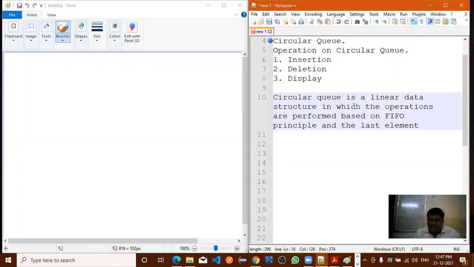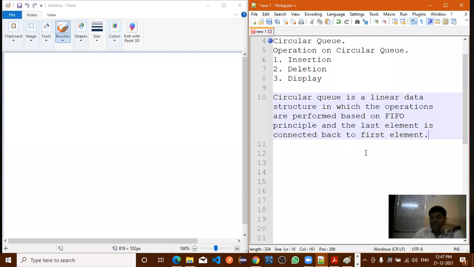But in the circular queue, the last element is connected back to the first element. So this is the main difference.